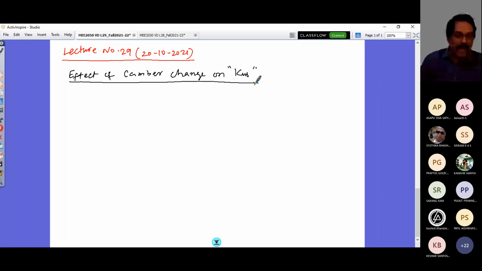So first let us understand what you mean by camber. The camber is the inclination of the wheel. See, we have front axle, rear axle, we have 2 wheels in the front axle, we have 2 wheels in the rear axle. So if you look at one single wheel, its inclination outward from the body of the vehicle is known as camber angle, right? So let me just draw a schematic diagram of